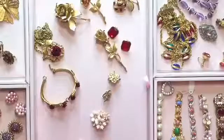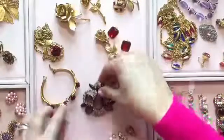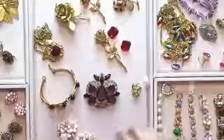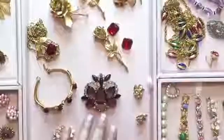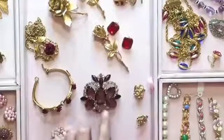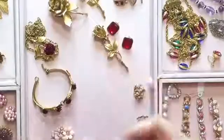We also got some gorgeous big purple brooches. We've got this big huge one. This is not signed. It resembles and looks like Austria or West Germany. It's got these large amethyst crystal stones, and then of course it has just a teeny tiny little bit of movement. It's got a little bit of a swag below. If you're looking for a huge purple brooch, if you're somebody that loves to be able to wear brooches,